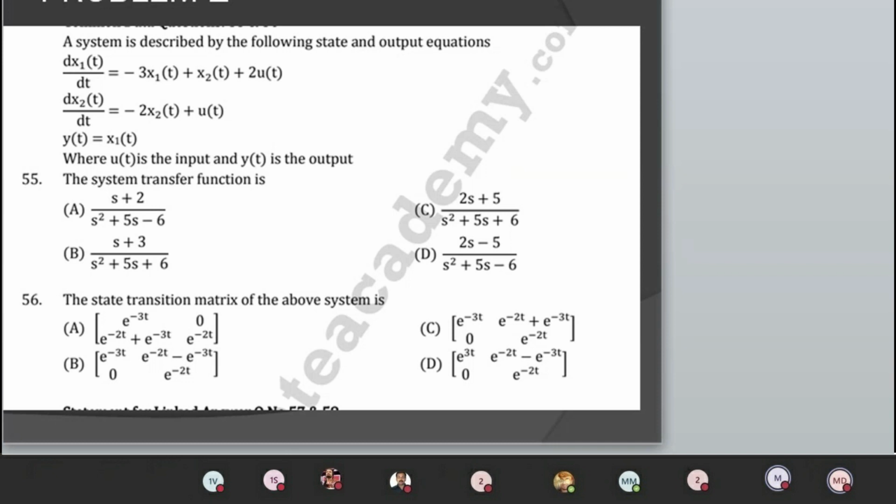Students, I am insisting several times that understanding the basic mathematical steps is very, very important. As a student, do not get confused or put yourself in trouble on seeing these equations. You just replace this by a matrix. dx1 by dt is a first order equation, x1 dot of t. dx2 by dt is x2 dot of t.